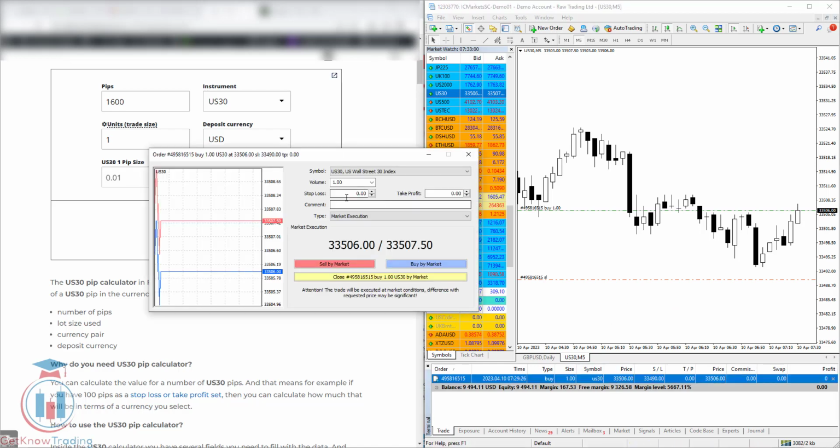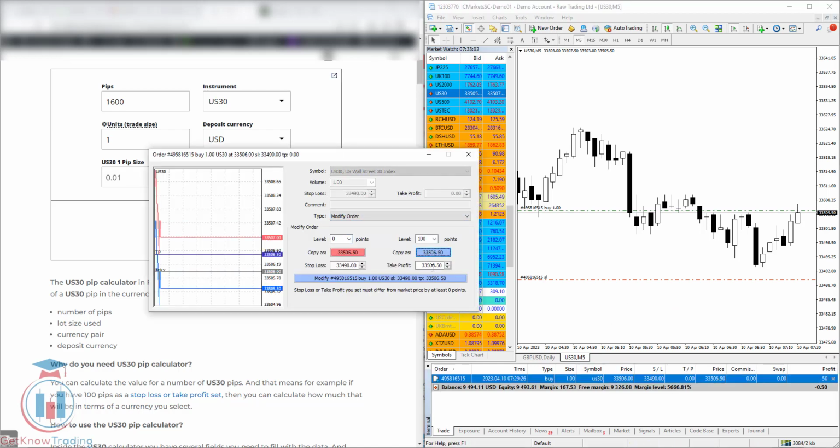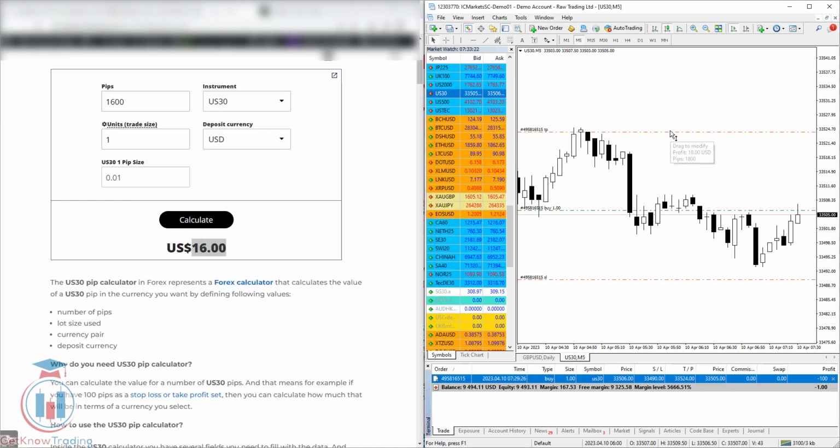When you go here and modify the order and put in some profit target, let's say 33524, 3352400, change it. The number of pips is 1800, so when you put the number of pips in the calculator and make the calculation, it says the profit would be $18. When you put the mouse over this one, it says $18 of profit. So this is the way to use the